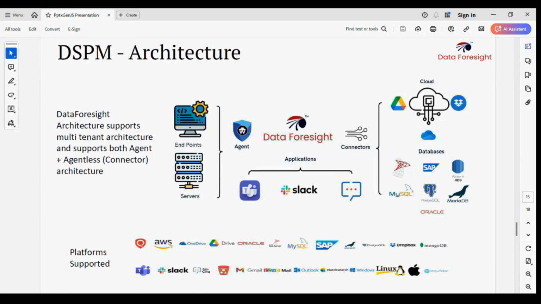With the connectors, you can scan the clouds, you can scan the applications, and you can even scan the endpoints. Say, for example, if you have a legacy system in place where you would not be able to deploy the agents, then with the connector you can remotely scan the endpoints of the servers, and you can definitely take actions with respect to the cloud storages that you have. And there are multiple platforms that the solution